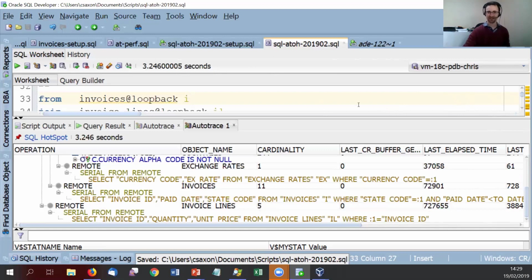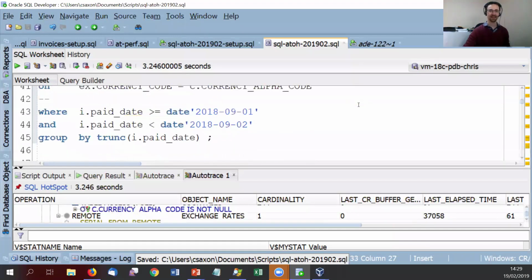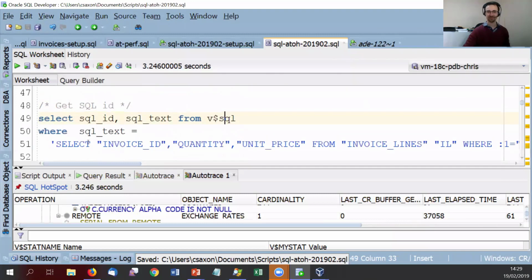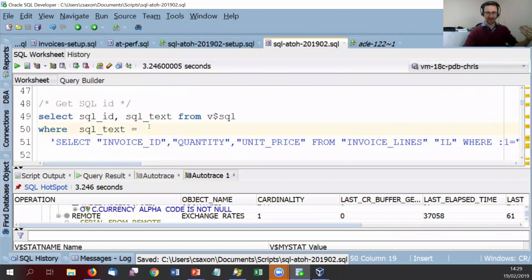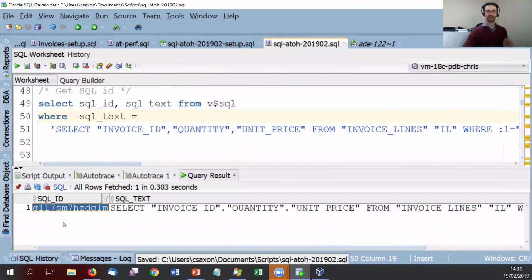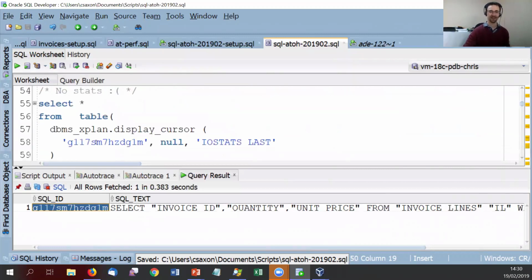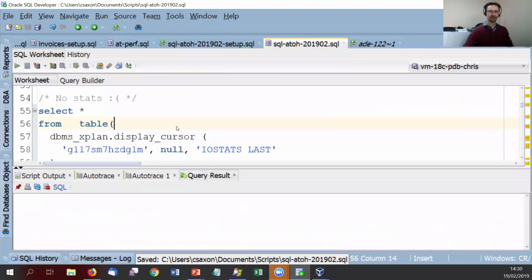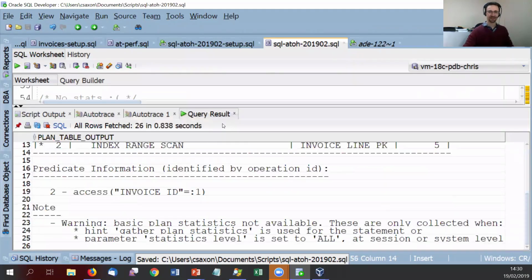So you can copy that text and then go to V$SQL and just paste it all in. This would now be running on the remote database, wherever that invoice database is. We'll get the SQL ID, and that is what we're going to need to look for to get the execution plan. So now here, we run it in DBMS_XPLAN. We're getting that SQL ID, that's the one pasted in there, and we're getting the IO stats from it for the last execution. Run it, and this is where we get the lovely